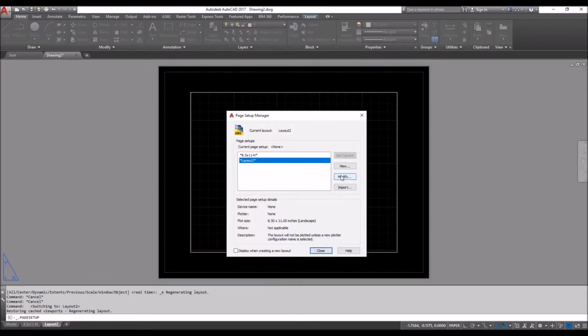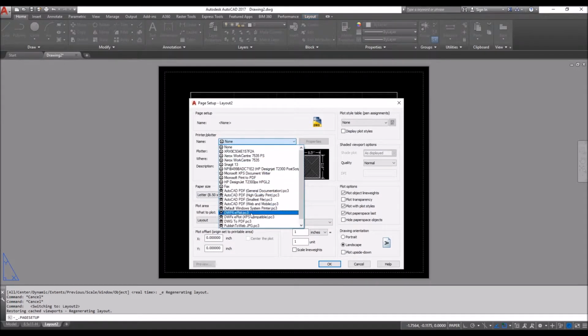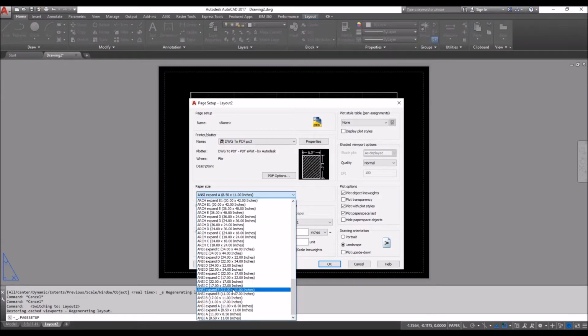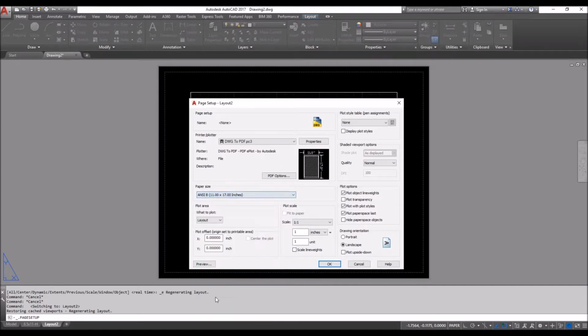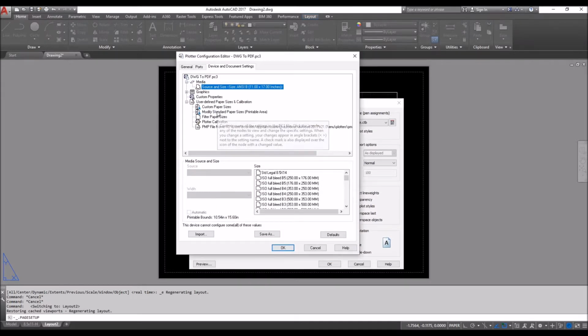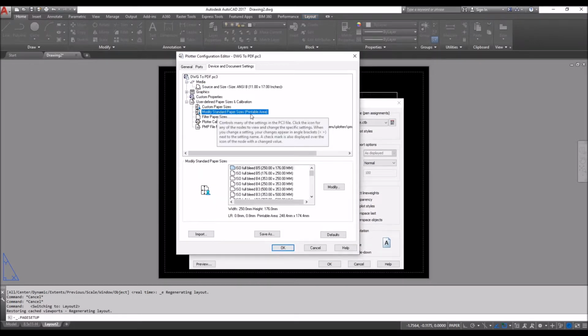Page setup manager, modify, DWG to PDF. For this example, I will choose this one because I think this is taking my previous margins. So 11 by 17 layout. For this one, we will choose monochrome, plot transparency, and portrait. Go to properties, modify standard paper sizes, printable area,